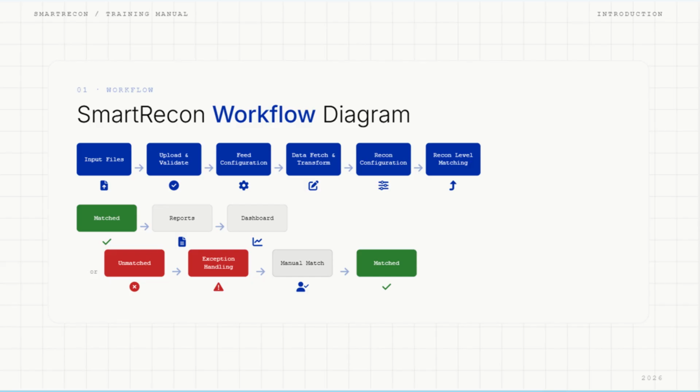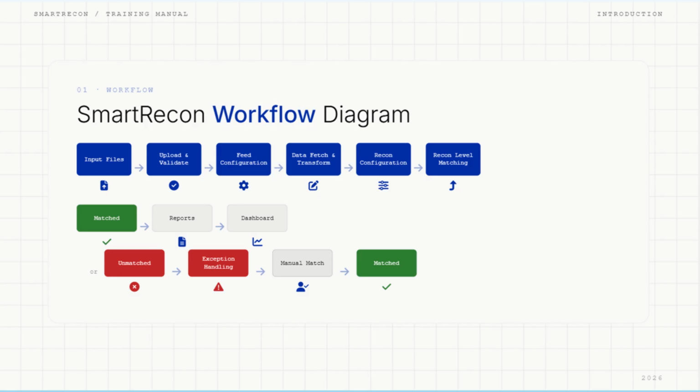This diagram illustrates the complete end-to-end workflow followed by Smart Recon. The process begins with loading input files or retrieving data from configured sources. Before reconciliation starts, Smart Recon validates the incoming data to ensure completeness and consistency.